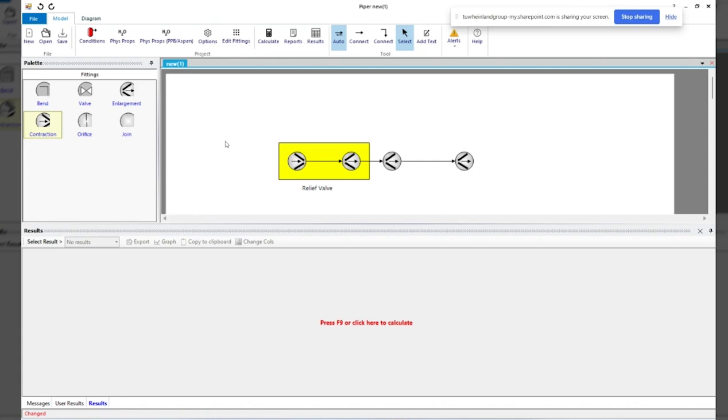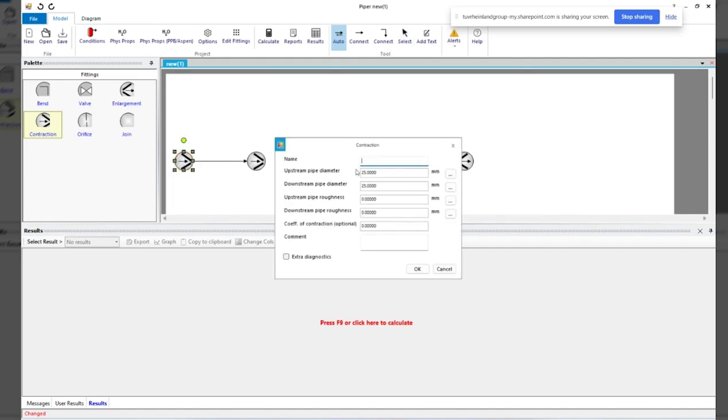But the first thing we need to do is put it onto the model. So we're going to have our contraction. So that's our contraction from our vessel into our inlet pipework. I'm actually going to put a contraction on here as well. So that's going to put my contraction down into a relief valve. So I'm going to go from, actually I'll put the numbers in, a D303, which is 1.7 meters, down to, I'm going to go for a